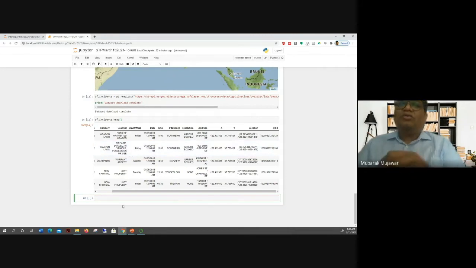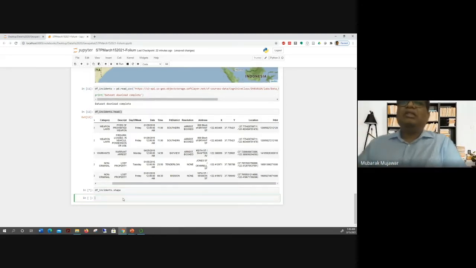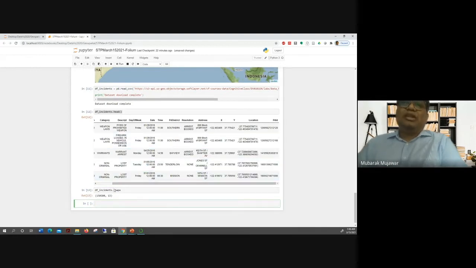What we want to do is see how the exact data looks, what the shape of the data is, and then pick some of the data from this data set. So I'm just going to copy this one, df_incidents.head, and instead of head, I'm just going to write shape. Okay, df_incidents.shape, and then it will show me that there are